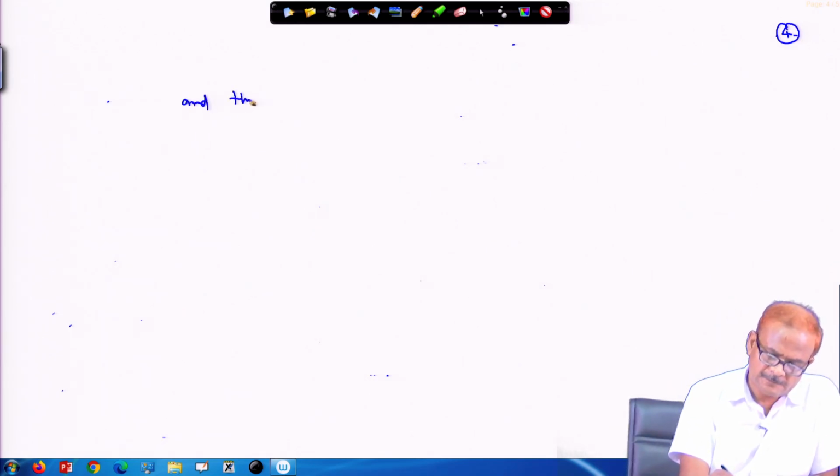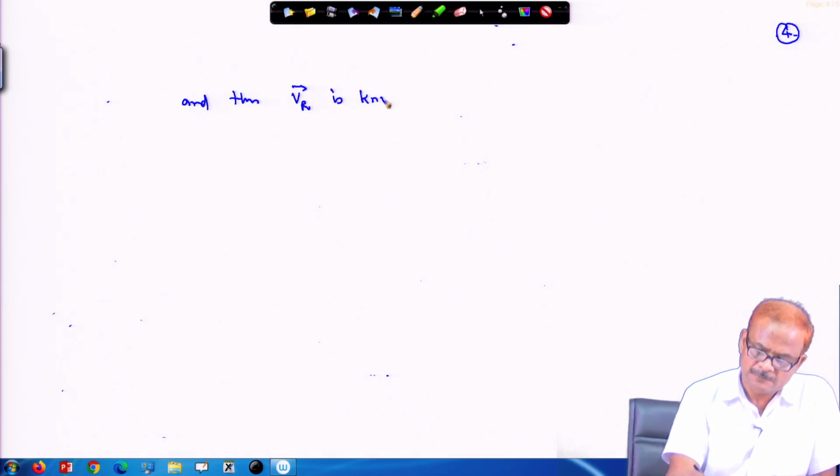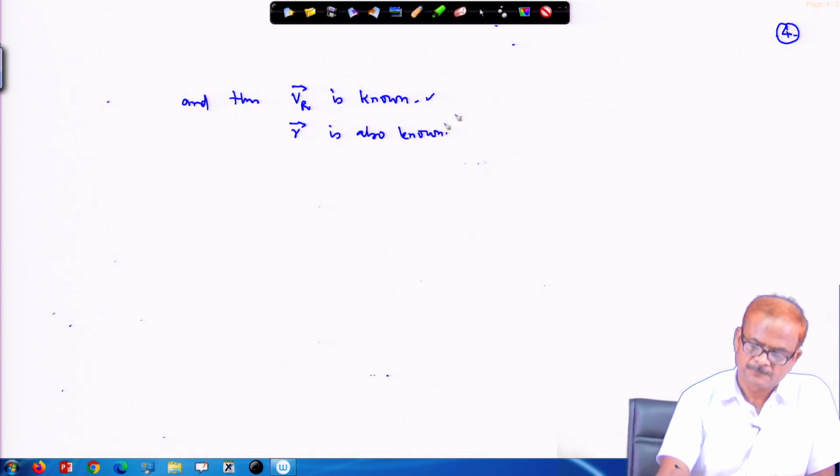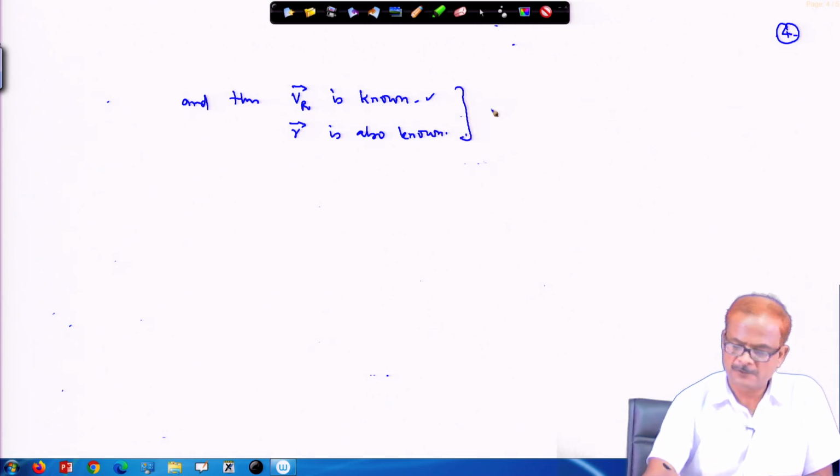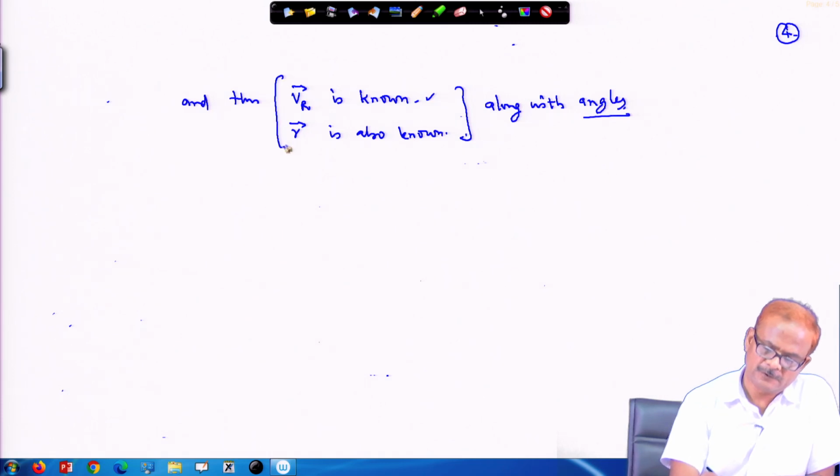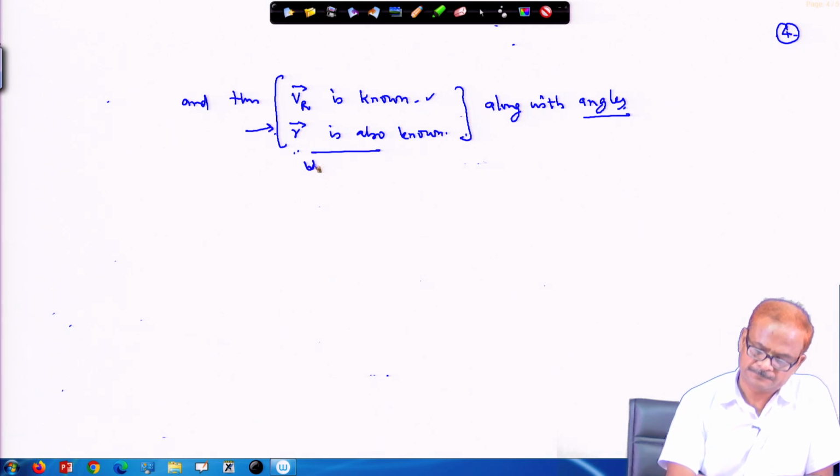And thus, V r is known and r is also known, along with the corresponding angles. And once this is known, you know in the orbit determination problem, we can know the orbit with respect to the sun. So, using this,